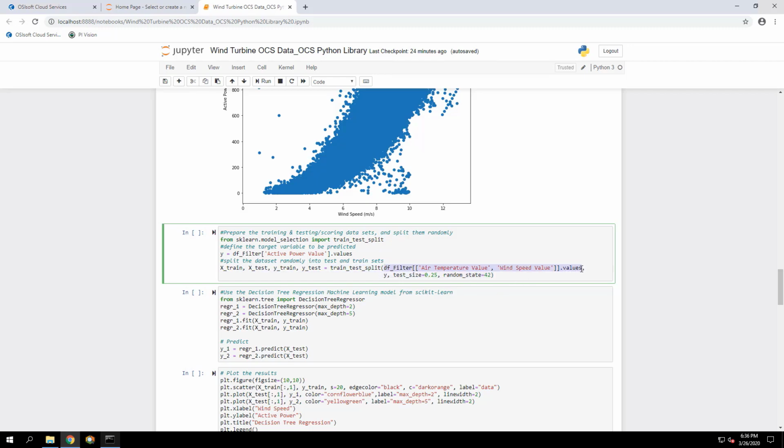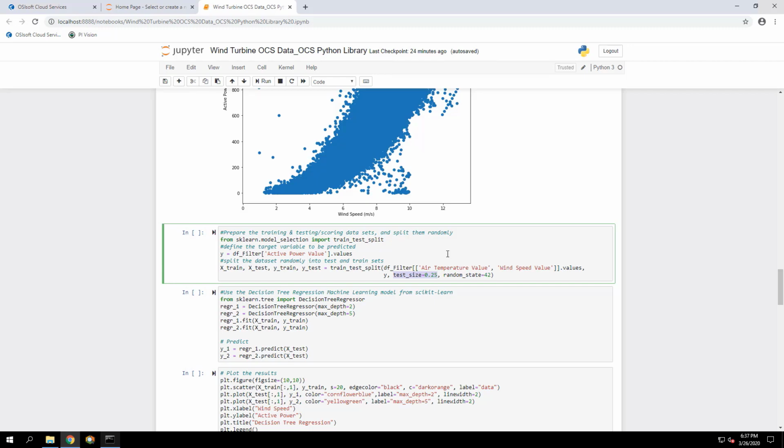And we specify the size of the testing data set. So we're specifying a testing data set of 0.25, which is, so what we mean by that is 25% of the data set will be used for testing and the other 75% will be used for scoring.